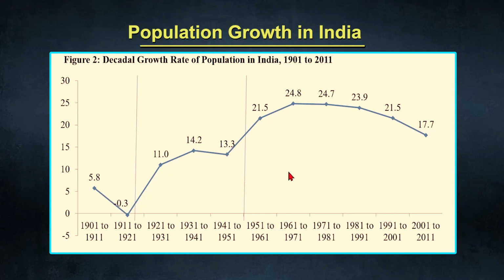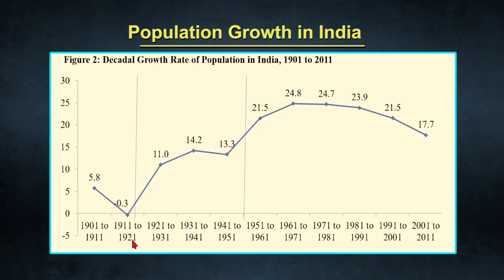This is the decadal growth rate of population in India for the same period, 1901 to 2011. During the early decades of the 20th century, the population growth was relatively low. Specifically, in the decade 1901 to 1911, the decadal growth rate of population was only 5.8%, and this growth rate became negative in the next decade, 1911 to 1921, where the growth rate was minus